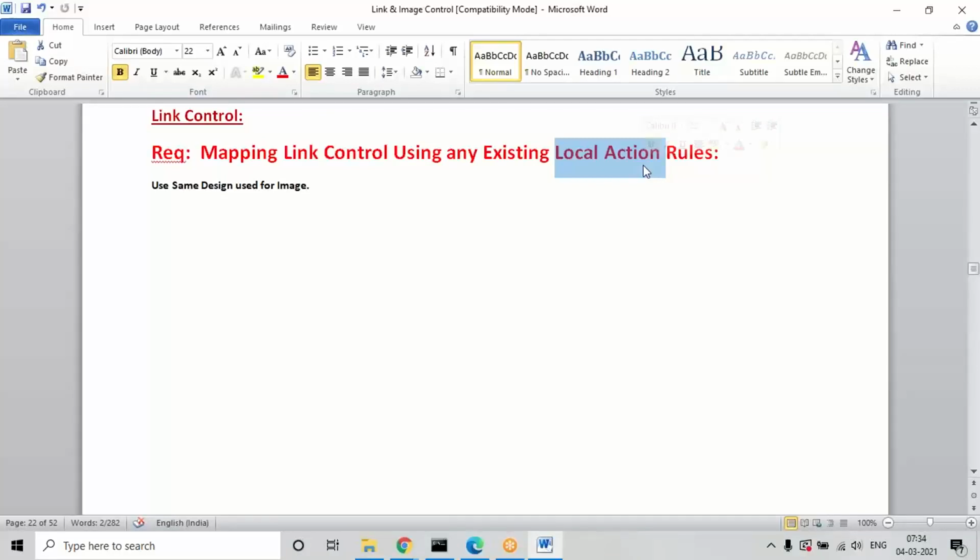The requirement is that I want to open a sign up form. So in the customer design form, if a customer is a new customer, I want to open a sign up form. For that, I'm going to add some properties and create a new design, which is a section, and for that section we are going to create a local action.